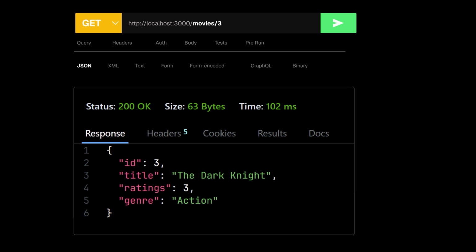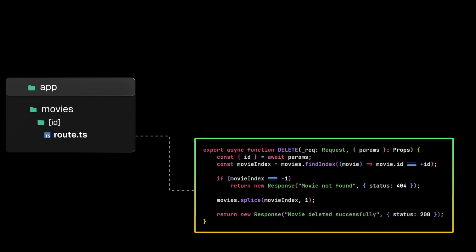And let's suppose you want to delete that movie, so I'm going to go back to the route.ts file, and we are going to be creating and exporting our DELETE method, and we are going to be providing a request which we are not going to be using. I am providing an underscore right here, and also we are going to be passing our context object, and from that context object we are going to be specifically destructuring the params, and from that params we are going to be destructuring the ID, and based on that ID we are going to be searching for the movie